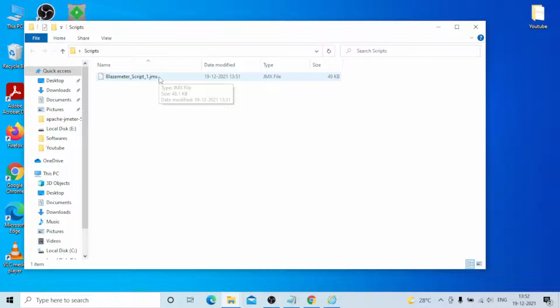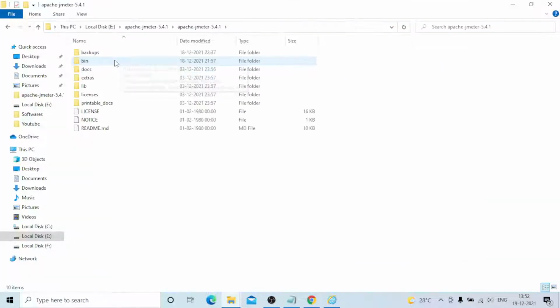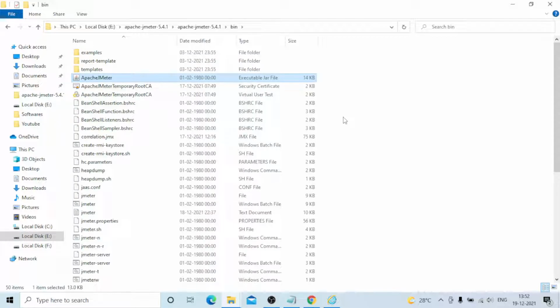Okay, I will go to my folder. This is Apache JMeter 5.4.1. You just need to see how the script is there. Okay, I need to open JMeter.